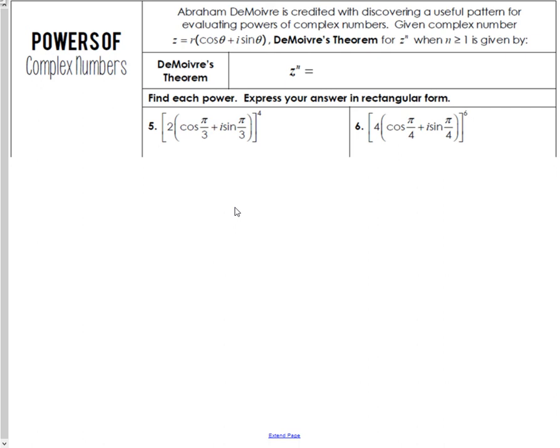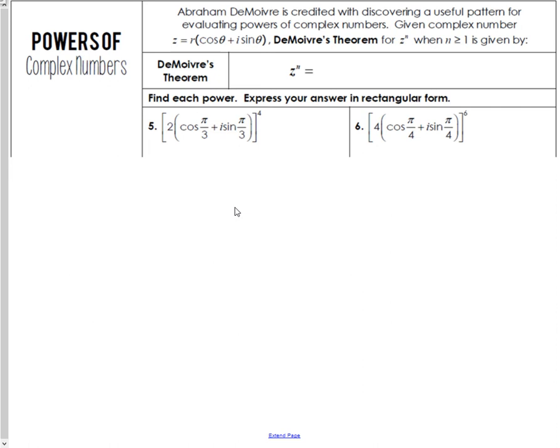So we looked at rules for multiplying and dividing complex numbers in polar form. We also have a rule for powers of complex numbers. Now it's really not all that different. Keep in mind when you take something to a power, you're really just multiplying it by itself a number of times. So this theorem, it's called DeMoivre's theorem, is useful for finding powers of complex numbers, but it really comes